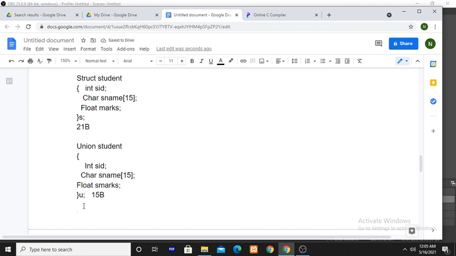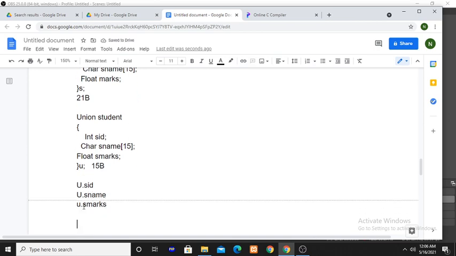Here also, how can you access the union members? U dot SID, U dot SNAME, U dot SMarks. You can't hold all these three values at a time, only one at a time, one by one.